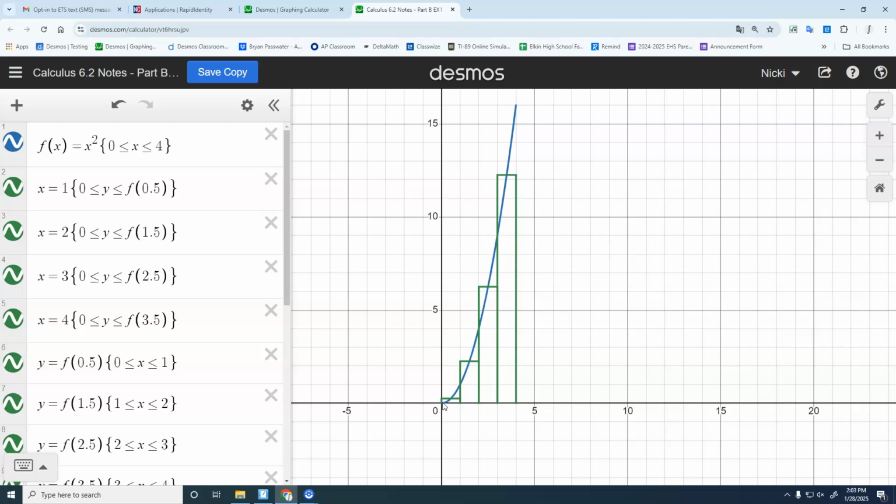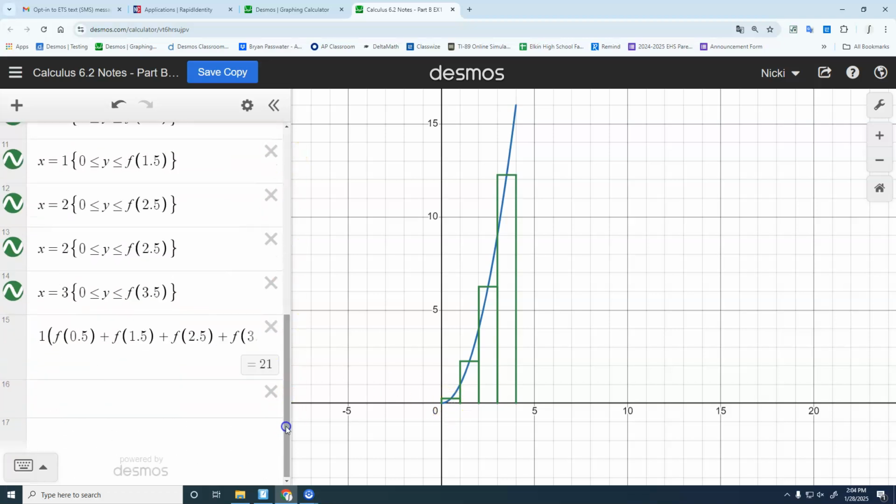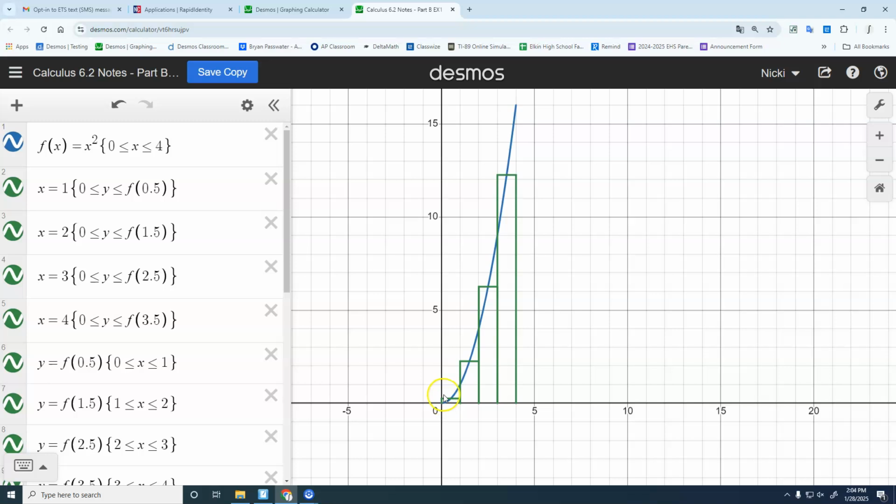And so rather than having your rectangle hit at the left corner or the right corner, we're using the middle of that section. So all of my rectangles hit at the middle of the section that we're looking at for this. So if I'm looking at how to do this, my width of my rectangle is still just 1,